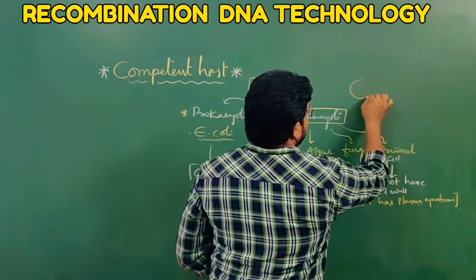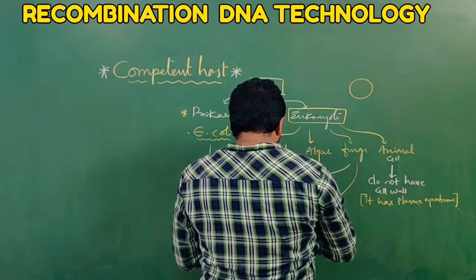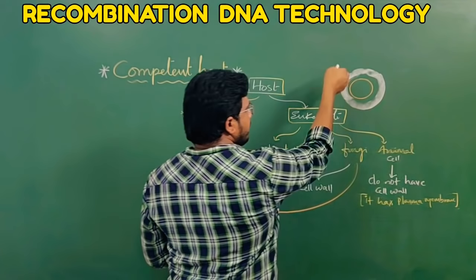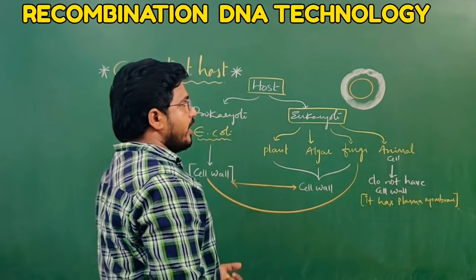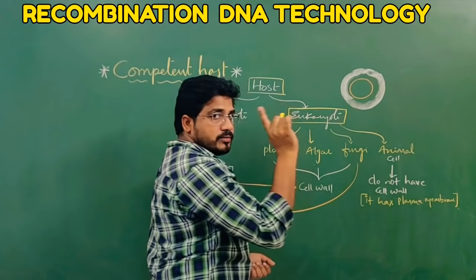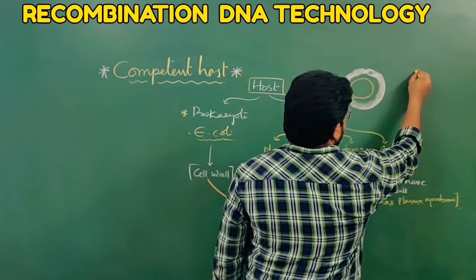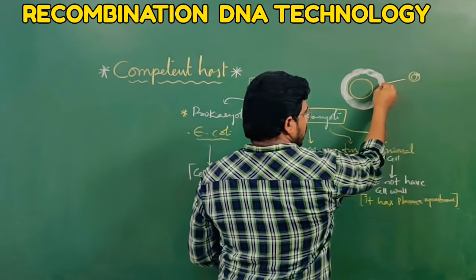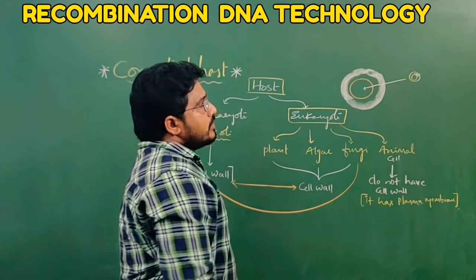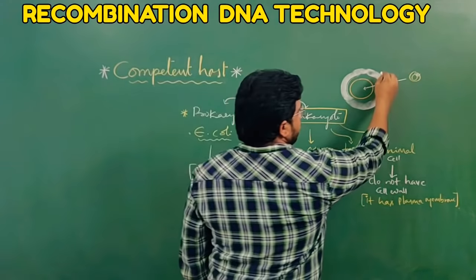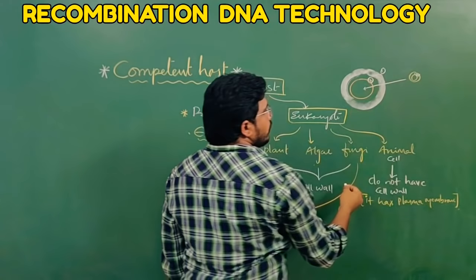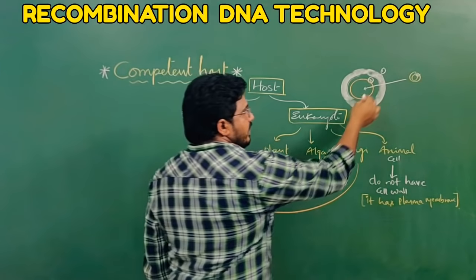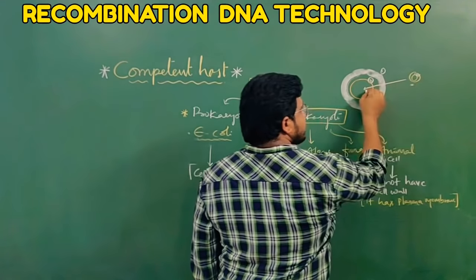How? This is a cell, and if the cell has a cell wall, in case of bacteria or plant or algae or fungi, I am talking about the host, not the source, and this is a desired gene or a plasmid, a vector which has the desired gene, you want to insert into the host cell. Then here is boundary 1, boundary 2. More than that, the cell wall is made up of cellulose. It is a hard polysaccharide. It never allows this type of chemicals inside it.